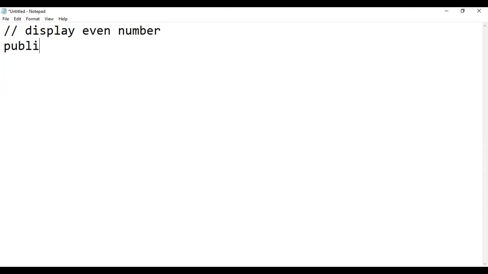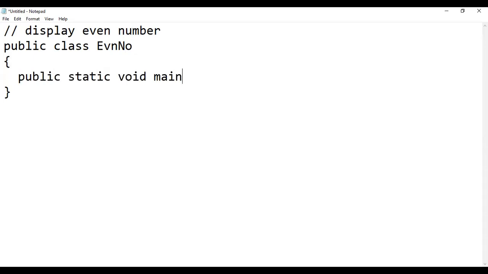Public class, string args. So firstly, we want to initialize the value of I, like I equals 12.